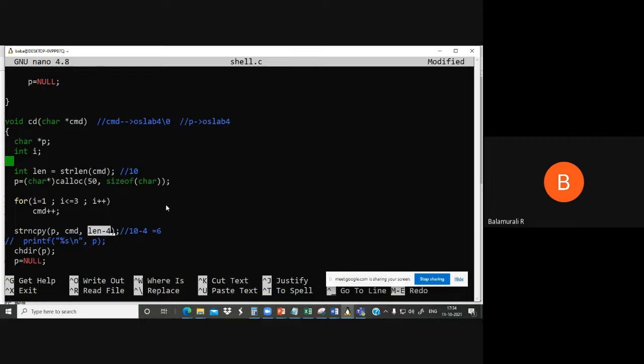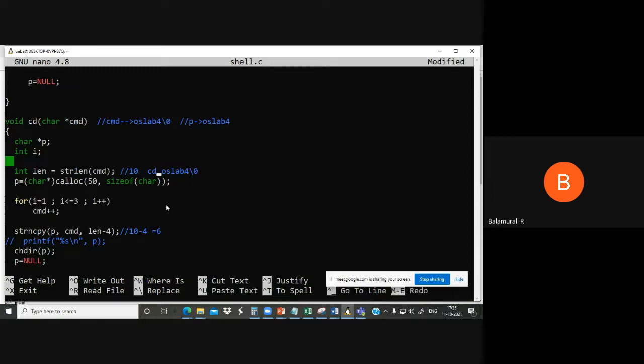Why length minus 4? Because we calculated length before incrementing CMD. You can see here, at this point length is 10. So before removing cd, we calculated length. When we calculated length, it is like this: cd OS lab /0.